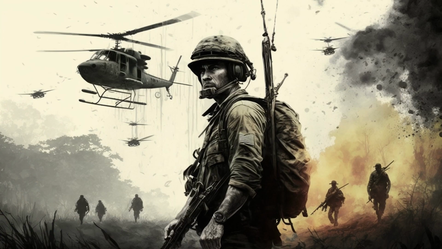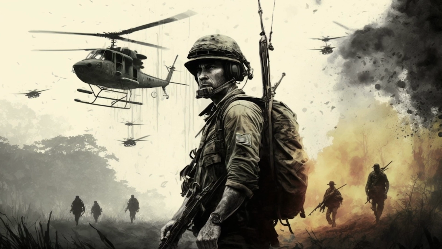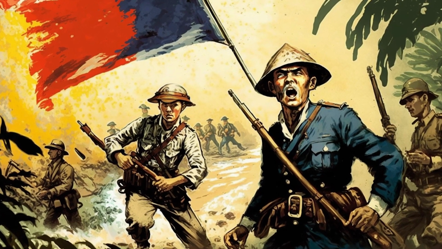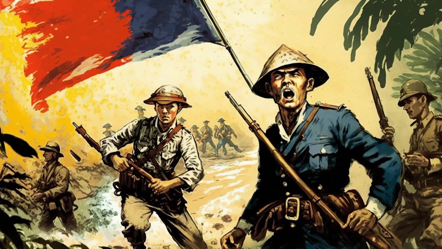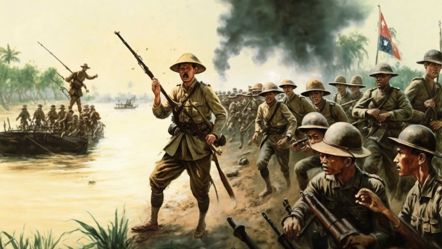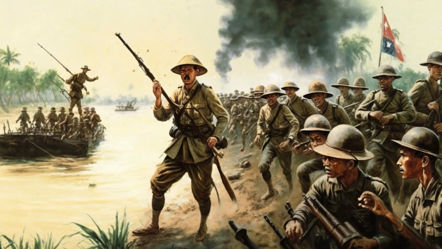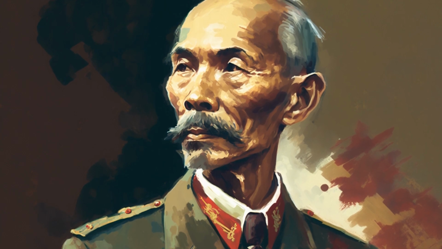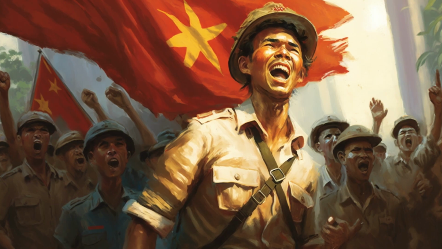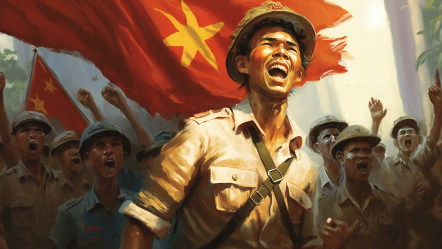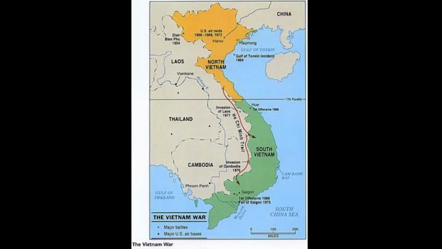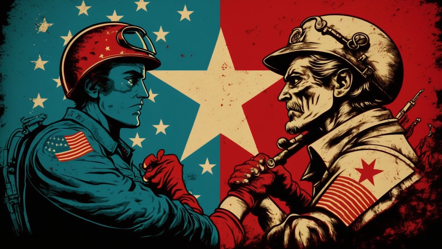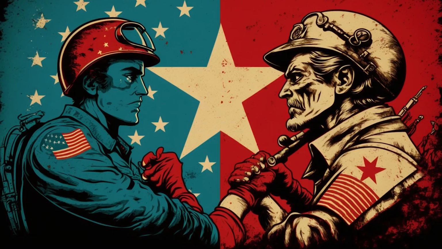Background and causes. The Vietnam War was a prolonged conflict that began in the 1950s and lasted for 2 decades. The roots of the conflict can be traced back to the struggle for independence of Vietnam from French colonial rule. The First Indochina War, which lasted from 1946 to 1954, was fought between the Viet Minh, led by Ho Chi Minh, and the French colonial forces. The Viet Minh succeeded in gaining independence for Vietnam, but the country was divided into 2 parts, the Communist North and the Anti-Communist South. The division of Vietnam led to political instability and tensions between the 2 sides.